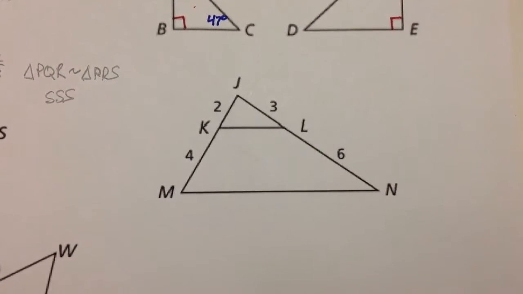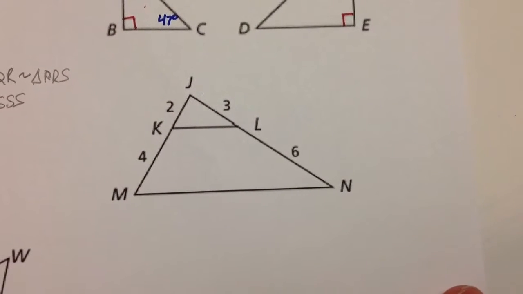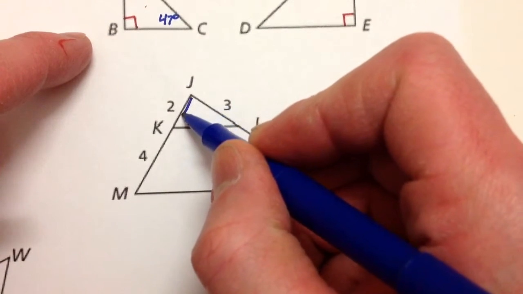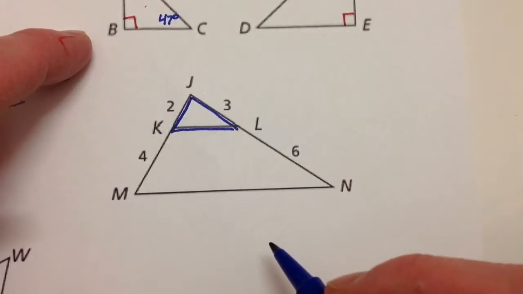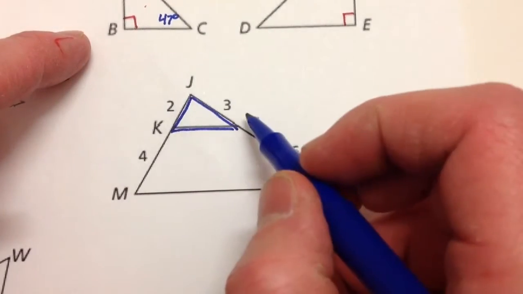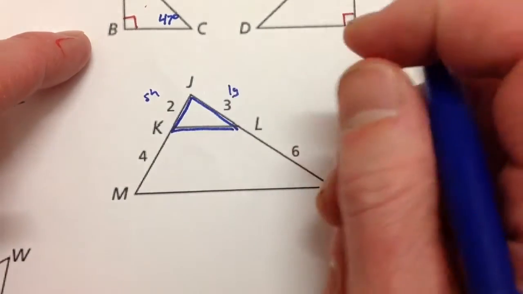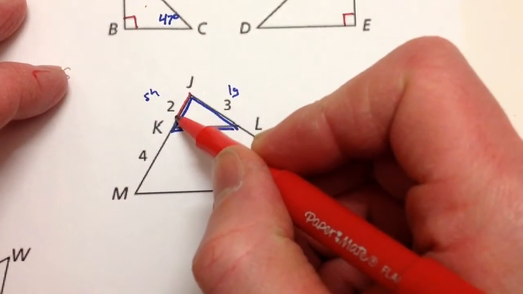Alright, now a fun one. This is a fun little puzzle type one. You see these a lot in your MCA and ACT stuff. Alright, now here I've got two triangles. One of them is this top portion of the big triangle, and there I've got two side lengths given. One of them is the short side and one of them is the longer side. Then I also have the big overall triangle,